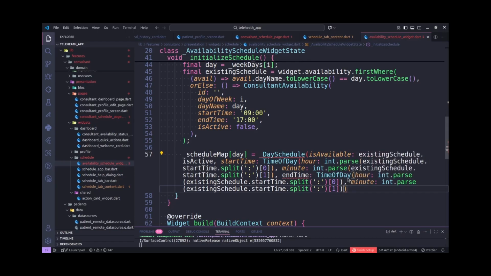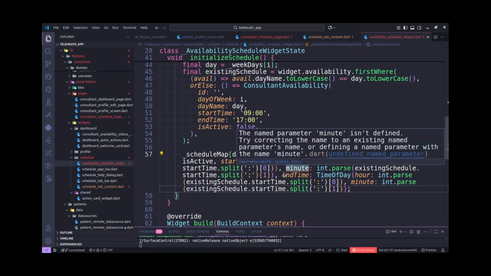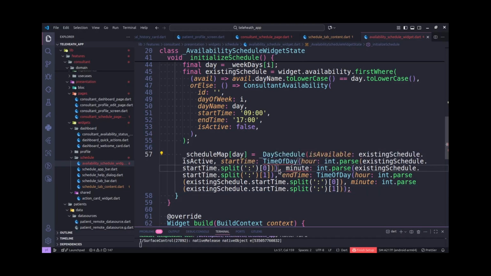So then we also need to make sure that this is closed. Where is it? We need to make sure that the int parse, this one, is closed there. Then for the hour, okay, we close it there. And also we do what? So this one expects that one, so we're going to put it there. So then here we have what? Minute. So we're going to say this one, so up to here, then for the hour up to there. Okay,